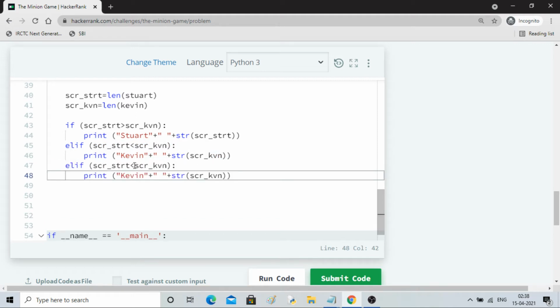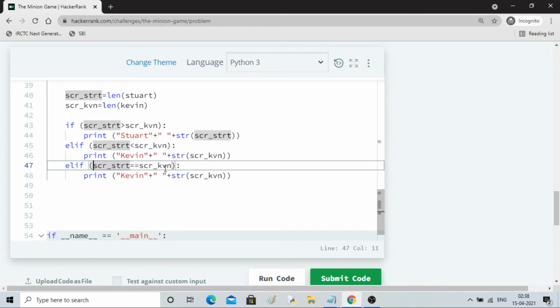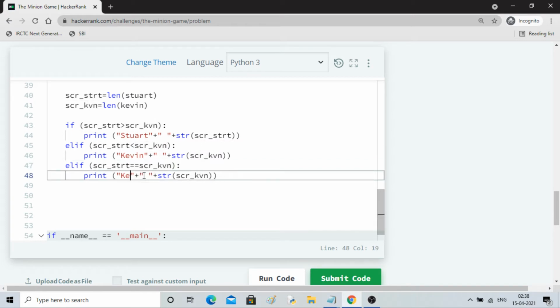So else if they are equal, can I use else? No, not else. Equal to, then it is draw. DRAW, D is capital, the rest we don't want.